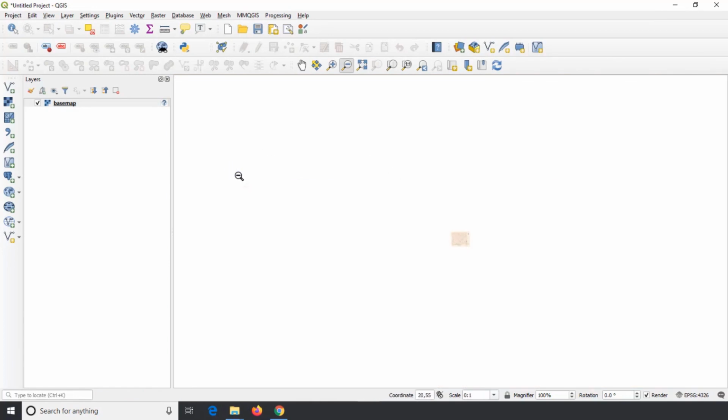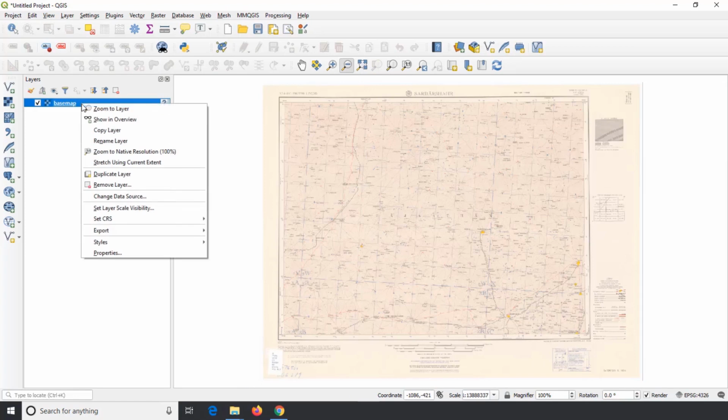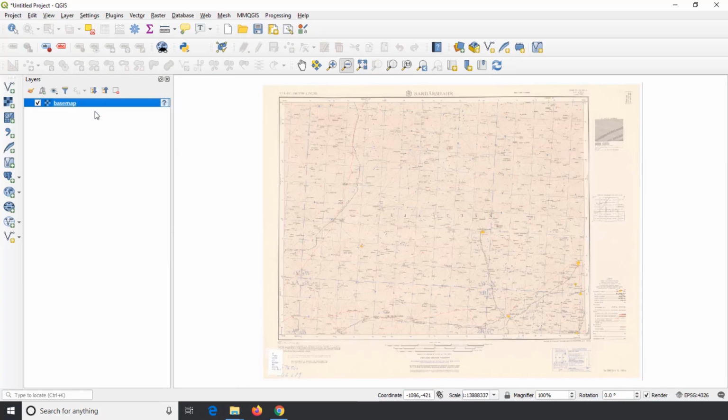Sometimes the data on the canvas may move away from canvas visibility. If that happens, click on the Zoom Full tool on the toolbar or right click on the layer in the layer panel and click on Zoom to Layer. I recommend using all the available tools on the navigation toolbar and getting familiar with them.